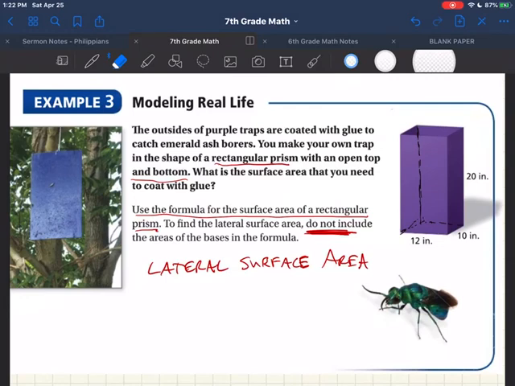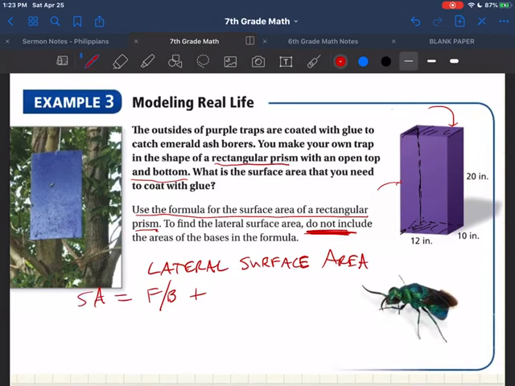So we've got a bottom and a top, our bases that we don't need, okay? So I don't care about this part right here or this part up top, okay? So all I care about are the sides. Actually, all I care about is the front, this front, and then the opposite back. So we have a front and a back that are going to be identical, and we're going to find the area. So the surface area is equal to the area of the front and the back,